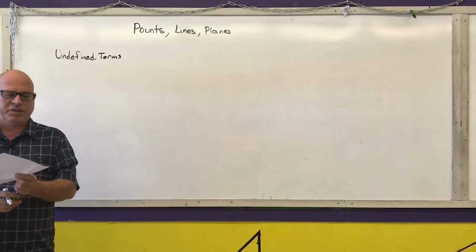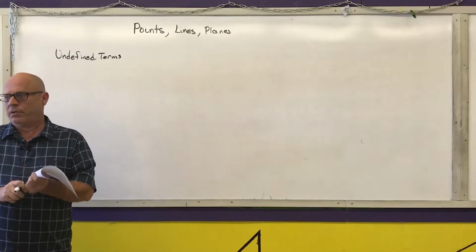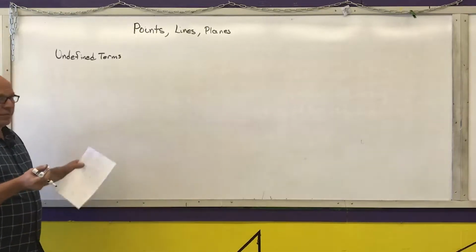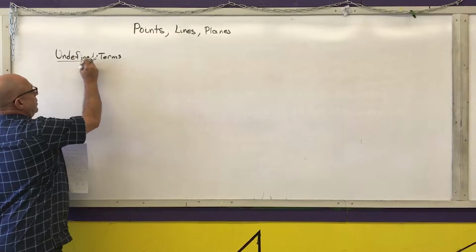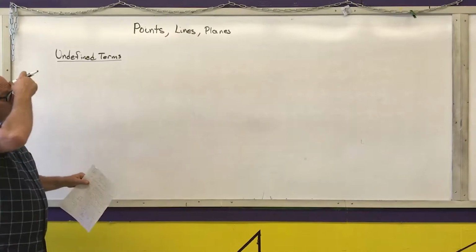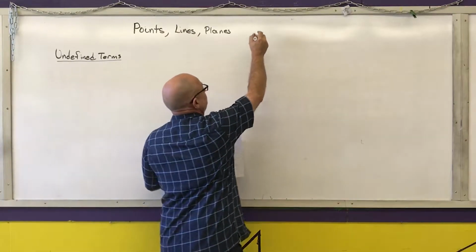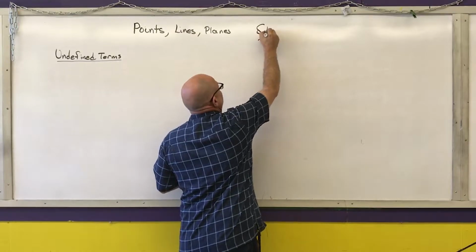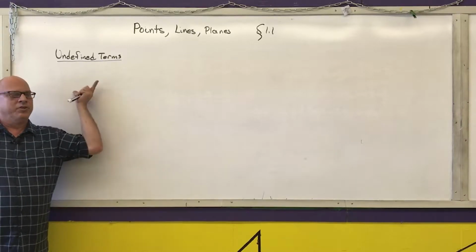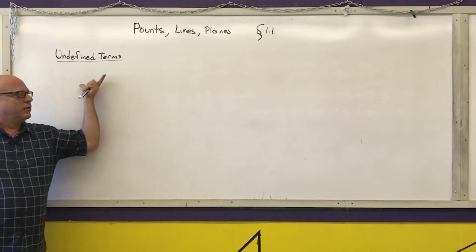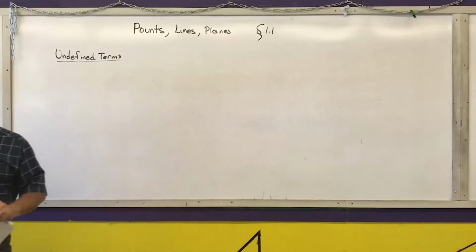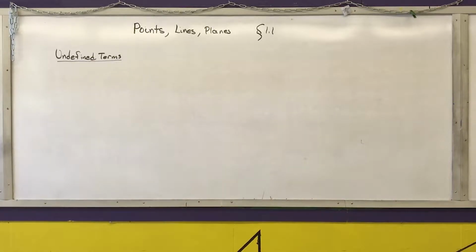Items in this lecture that need to go into your vocab book, I'm going to underline in purple. Anything in lectures that need to go into your postulates and theorems book, I'm going to mark in red so you know that it goes in there. So this needs to go in your vocab notebook, for the section 1.1 vocab. So I'll go ahead and put that up here. This is section 1.1, so you can put all your vocab on the same page. Just make sure that you underline the term or have some way to identify where your vocab terms start and end. So undefined terms from your textbook